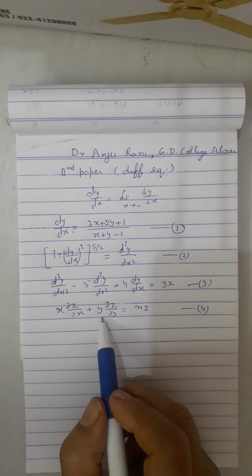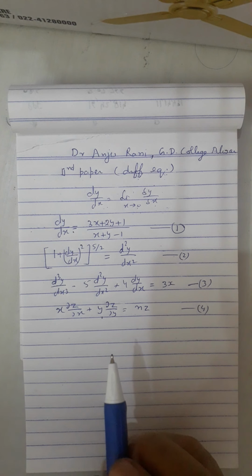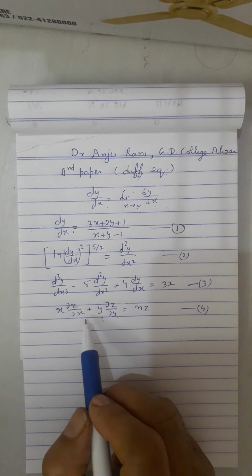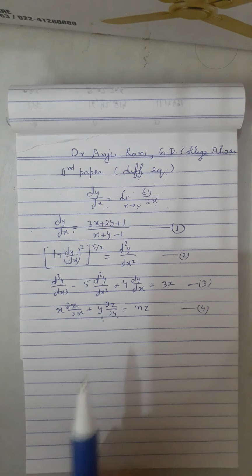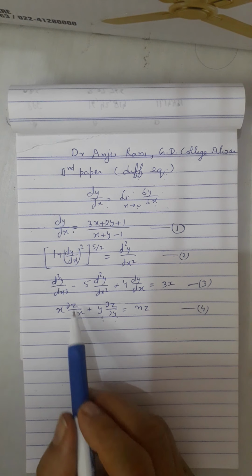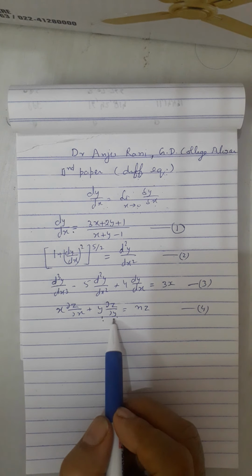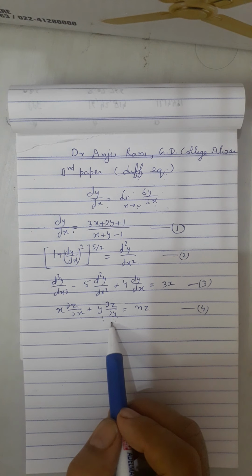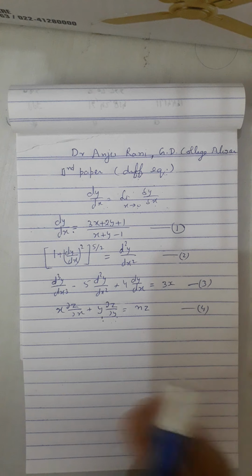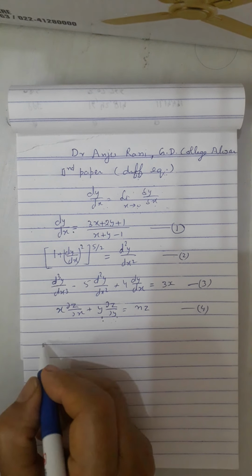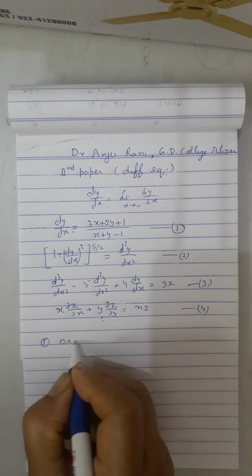Here you are seeing equation number 4. It is different from the first 3 equations. In this equation, there are more than 2 variables, that is x, y and z. Here x and y are independent variables and z depends on x and y. So depending on the number of variables, there are two types of equation: ordinary differential equation and partial differential equation.